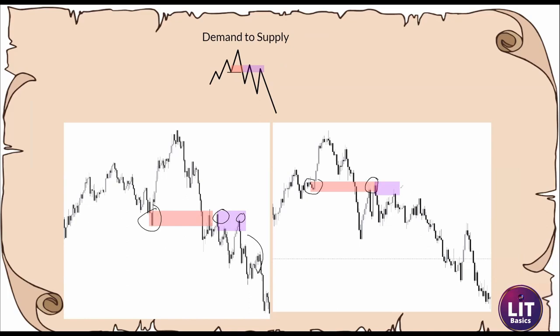Demand creates the supply, which comes back, and then we continue. But I'm sure you're a little bit bored of this now, so